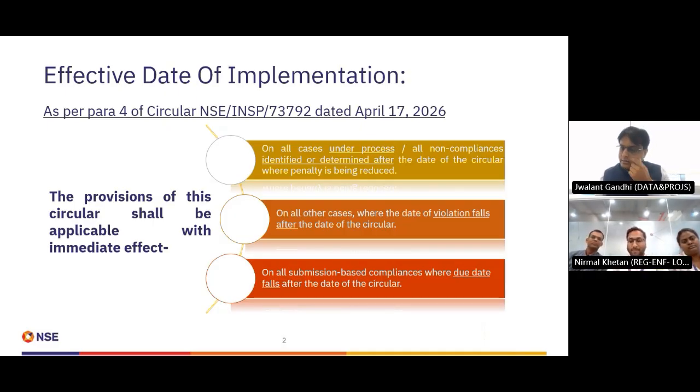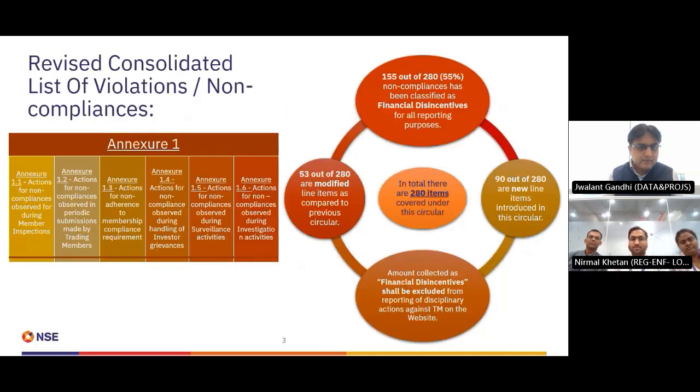Okay. Now, as I just mentioned, and you also mentioned, the annexures of the circular are already provided with the details of violations and non-compliances along with the actions applicable, but it is better if we can explain the key aspects to our participants. Yes, sure, Jalan. For this, we can have a snapshot list of violations. This whole exercise was to make the penalty structure comprehensive and standardized across all the MIIs.